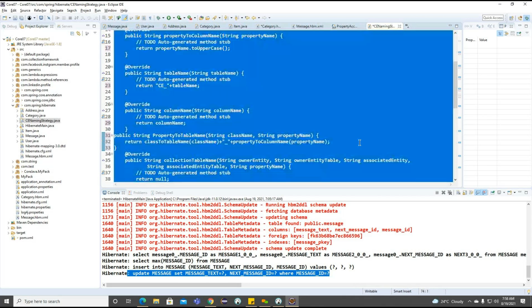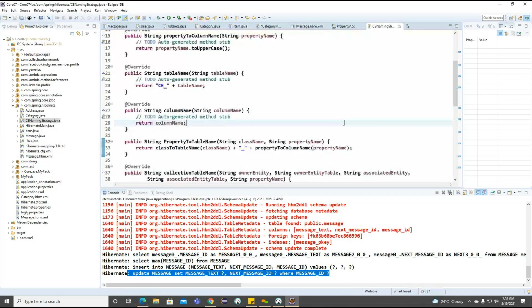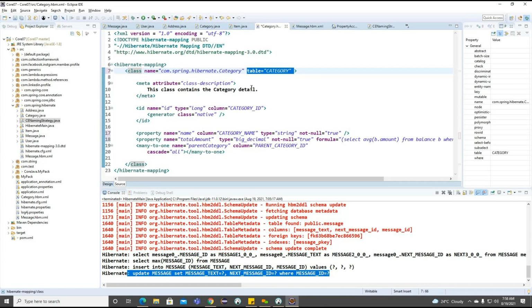Right. Now, whenever we define this particular information, what happens internally? We already identified here that class to table name is going to be called if the class mapping does not specify any table attribute here. So this particular class attribute does not specify any table attribute, right?